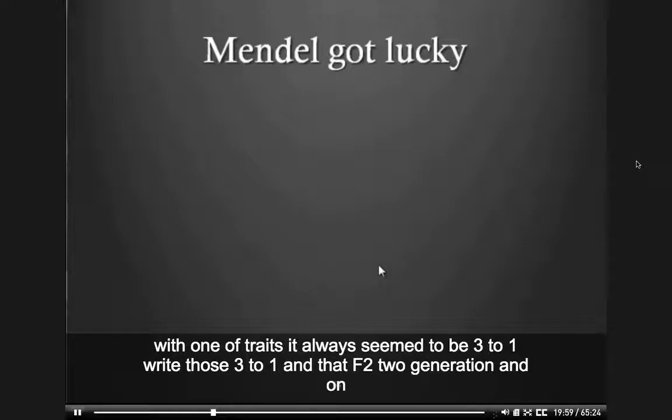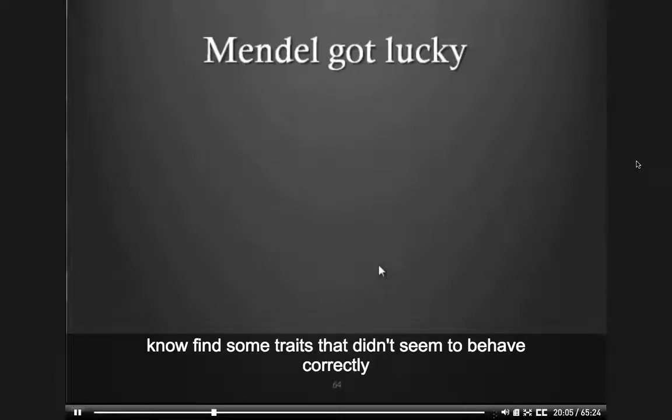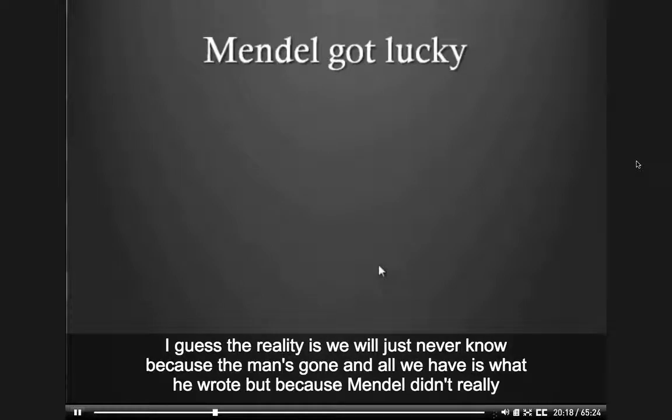Now, does that mean that he didn't have erroneous data sometimes? That he didn't find some traits that didn't seem to behave correctly? No, of course he did. He just didn't write those data up. He only wrote up the stuff that ended up producing an exact 9 to 3 to 3 to 1 ratio. I guess the reality is we will just never know,